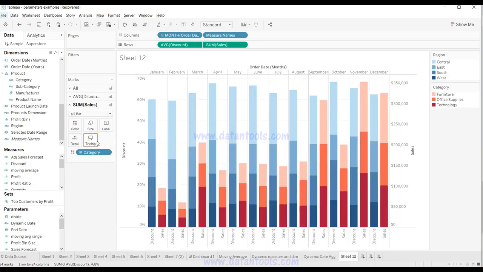Hey guys, welcome to the next video, and in this video I want to show you a side-by-side stack bar chart, as you can see, as well as having a dual axis. What we're showing here is a busy chart which has the average of discount and sum of sales for two different dimensions, which are region and category. If you have a similar requirement and find it a bit complex because it's slightly tricky, then let me show you how you can do it